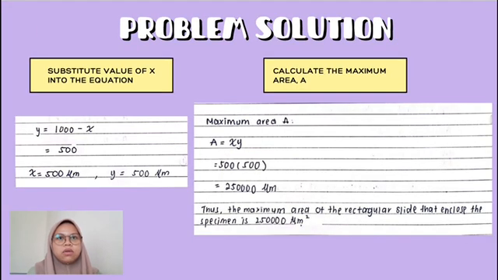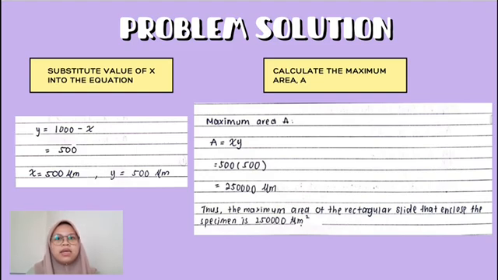After that, substitute the value of x into the equation. y is equal to 1000 minus x is the first equation. Substitute x equal to 500 micrometer into the equation, so that x is equal to 500 micrometer and y is equal to 500 micrometer. Lastly, calculate the maximum area. For the rectangular slide, the maximum area is xy. So, substitute the values of x and y: 500 times 500 is equal to